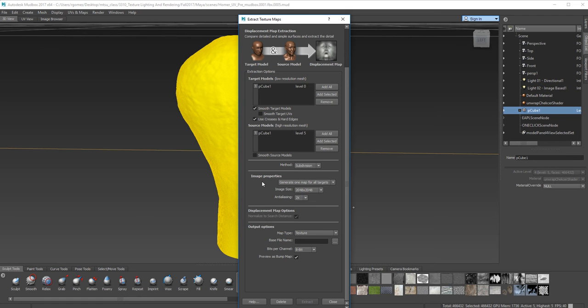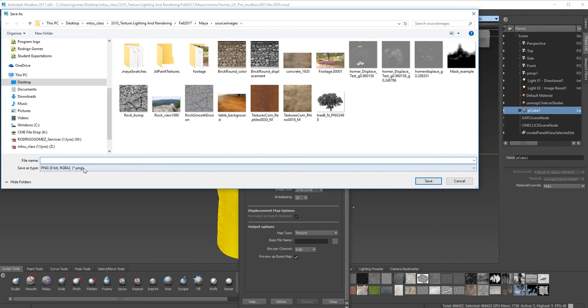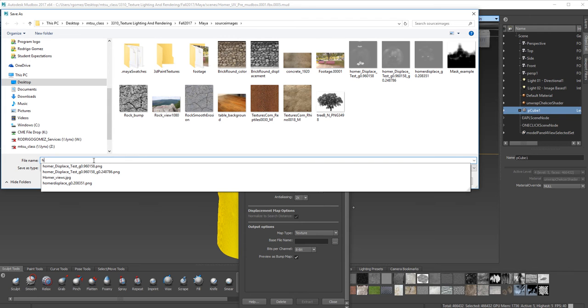If you don't remember, anti-aliasing is to make the edges of the pixel a little bit smoother. Sometimes no anti-aliasing makes it a lot more detailed if that's what you want. I'm going to just put 2x for now. It's going to create a texture file, and I'm going to save that file under my source images. I'm going to call it Homer